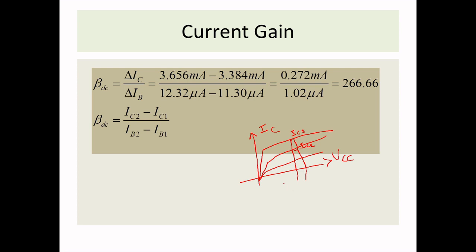Okay, so here you have the output current. Similarly, I have to find the input current with respect to the output voltage. So the graph will be plotted something like this, and you have to take a difference. Okay, you have to take a difference: IB2 minus IB1. So this will be IB2 and this will be IB1. So the ratio of this will be IC2.